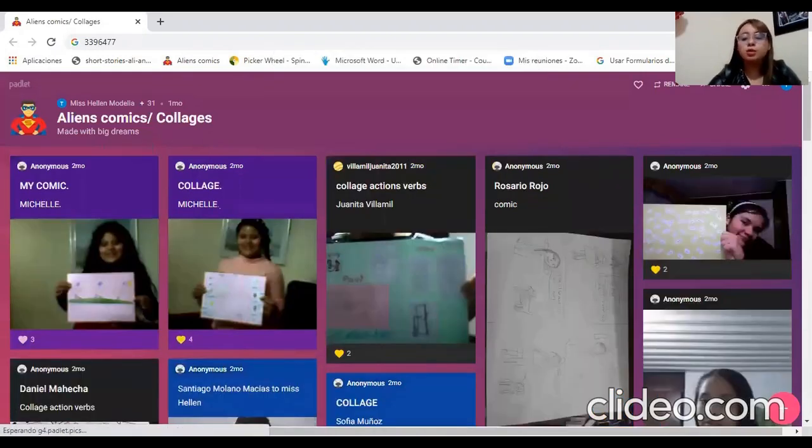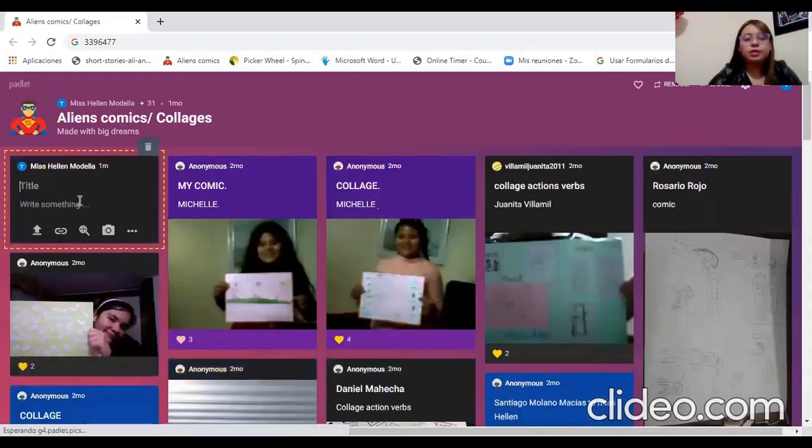How can you do that? I need all of you to pay attention here. This is the Padlet. As you can see here, we have an icon with a mask. We are going to click on that, and there we are going to put the title. If it's a collage, you have to put collage, or if it's a comic, you have to put comic, okay? The idea, guys, is that according to the thing that you are designing,